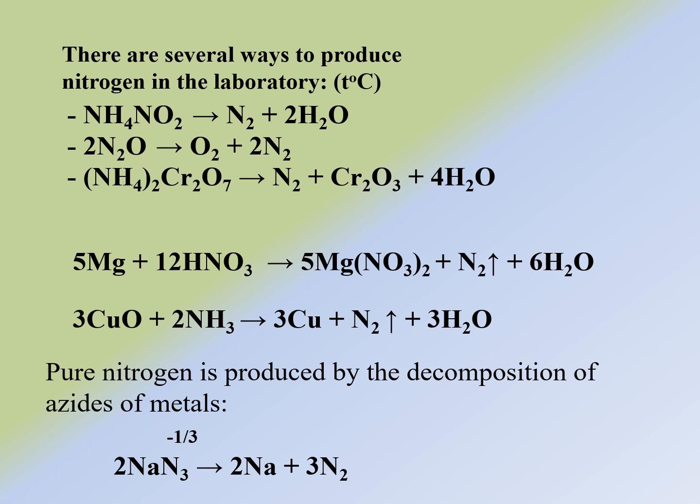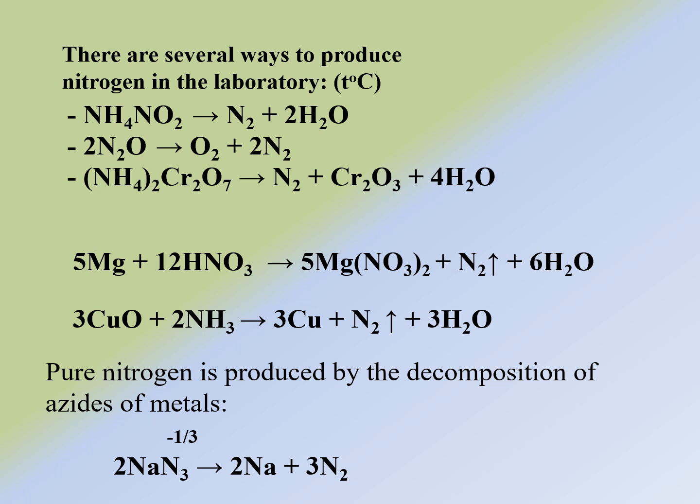How can we produce nitrogen in the lab? For example, we can decompose NH4NO2. That is ammonium nitrite. The products are N2 and H2O. We can decompose N2O into oxygen and nitrogen, and we can decompose ammonium dichromate into